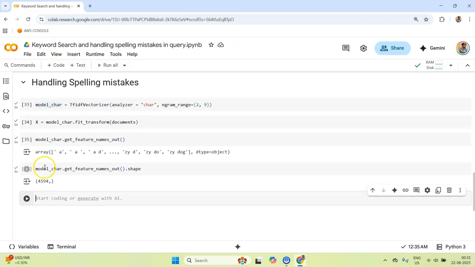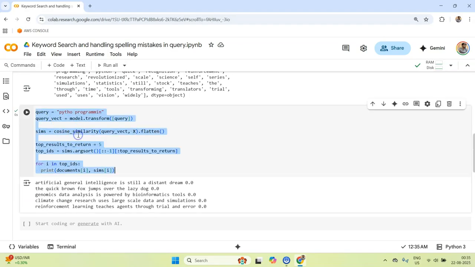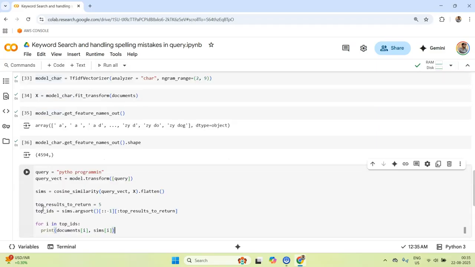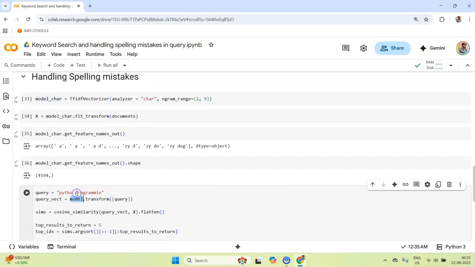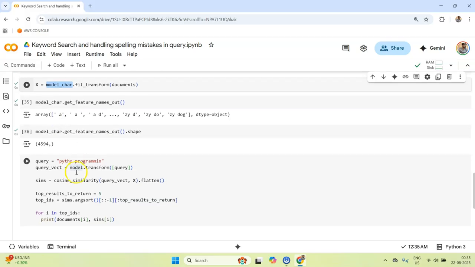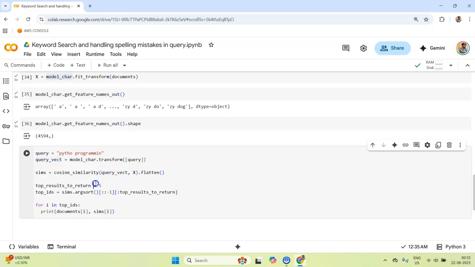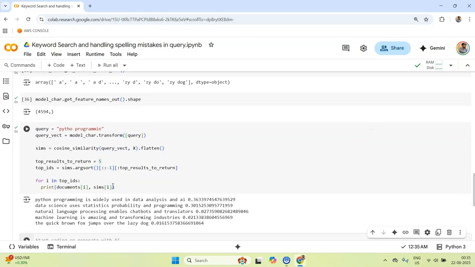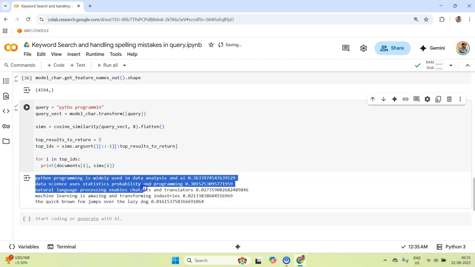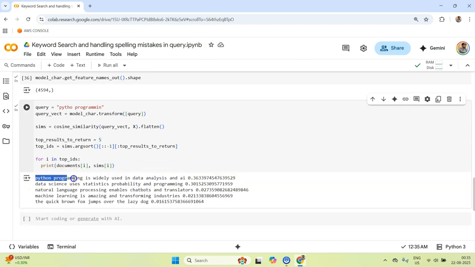Okay, so now let's try handling this query again, but this time instead of the word model, we will have this character model. Let me paste it here, and the cosine, rest of the code I guess will remain the same. Let's run this. You see, immediately we get something interesting. It is able to capture Python programming as well. It is able to capture the second document which has programming. Right now also, it is keyword based, but it is much more sophisticated. It is looking at so many different combinations.